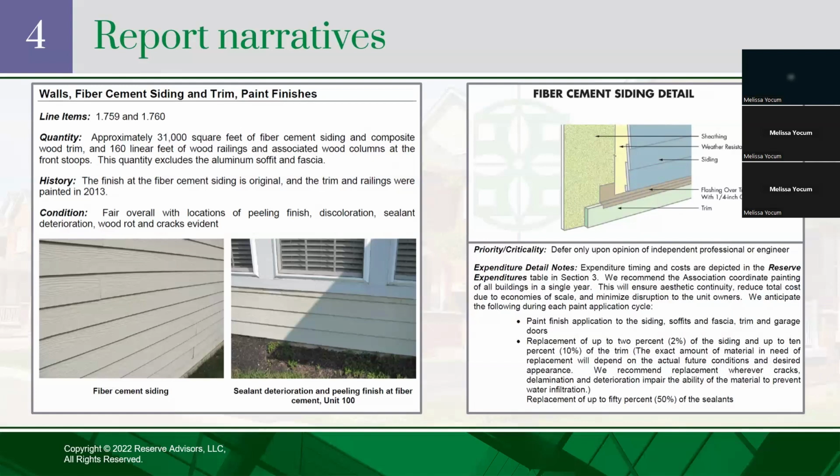So maybe it's siding, maybe it's roofs or painting, right? To really understand what the components are and the best way to maintain them. So what did we include in this expenditure, right? This is where you go, okay, well, we included painting of the siding. It also included the garage doors. We included 2% partial replacements, knowing that there will be some that fail.